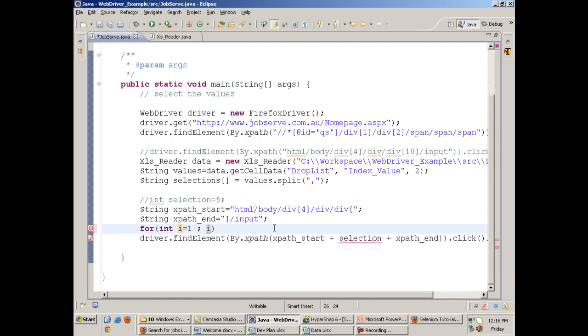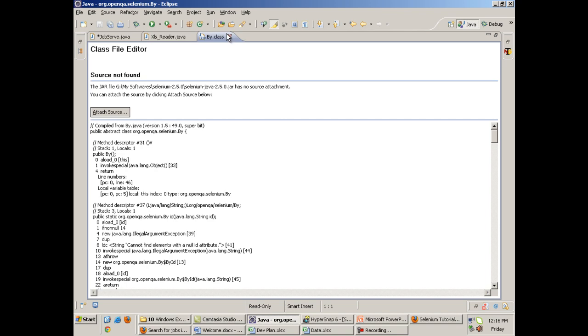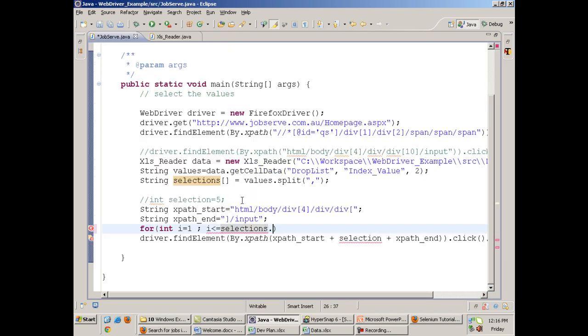And i less than or equal to selections dot length, and i plus plus. Now this for loop will run how many times? Till the number of values doesn't get over. And out here I will write selections i.